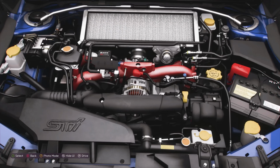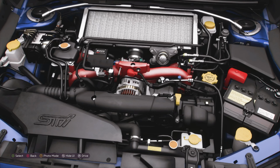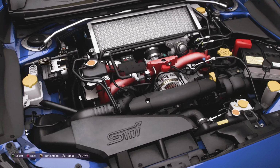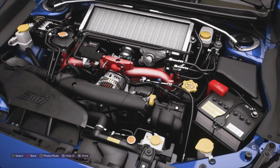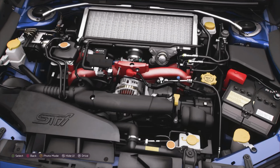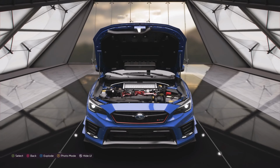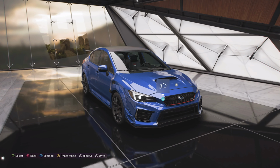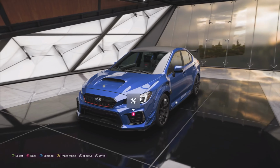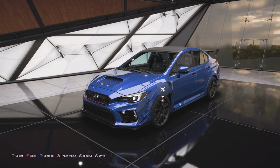It's the most powerful Subaru ever at 341 horsepower and 330 pounds-feet of torque from a 2.5 litre turbocharged flat 4 engine. So that is a pretty damn good amount of power, and that's between 30 and 36 horsepower more than previous Subarus like this. So mighty impressive increase in power. Does weigh a bit more though, at 3,485 pounds. You're talking about 100 to 200 pounds more,